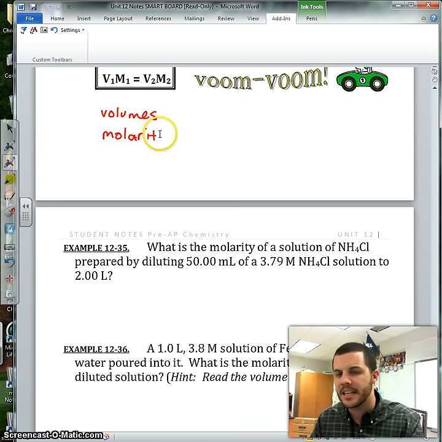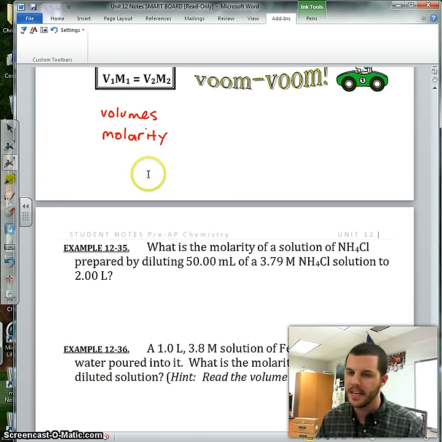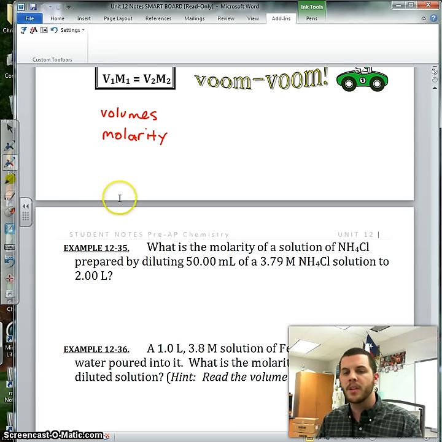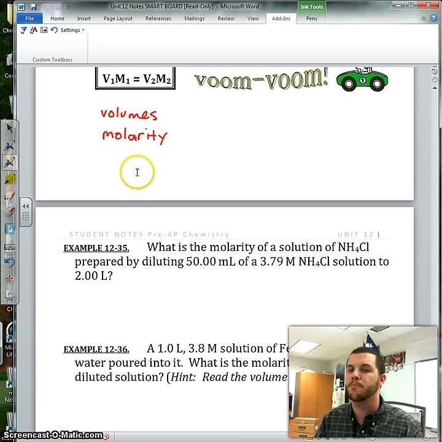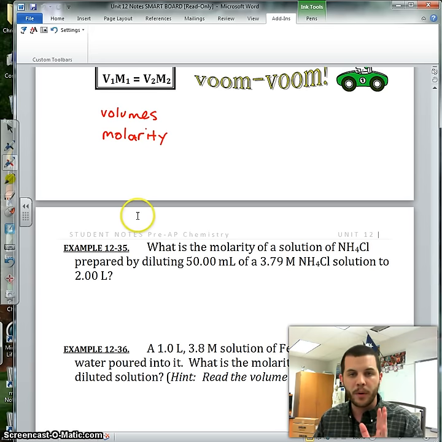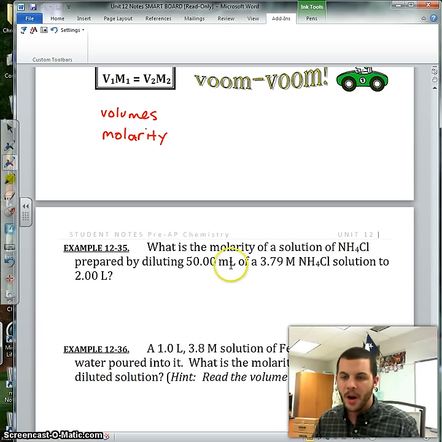I think that these are pretty easy problems. All we're doing once again is just plugging and chugging. So what we always want to do is look for what we have in the problem. Let's take a look at this example. What's the molarity of a solution of ammonium chloride prepared by diluting 50 milliliters of a 3.79 molar ammonium chloride